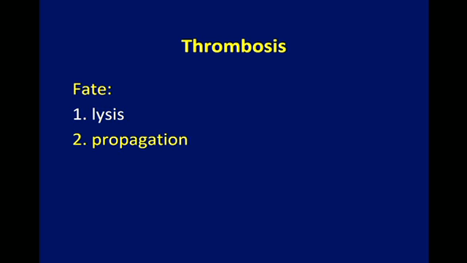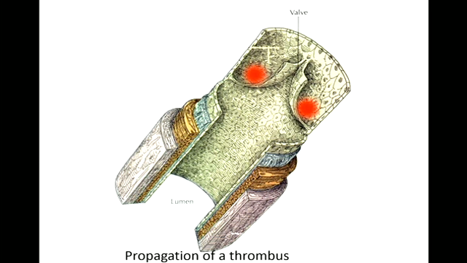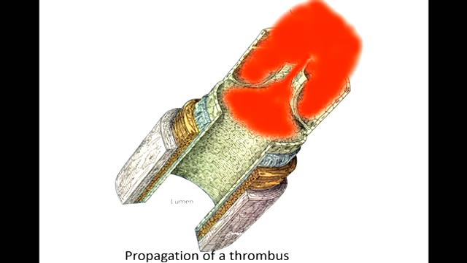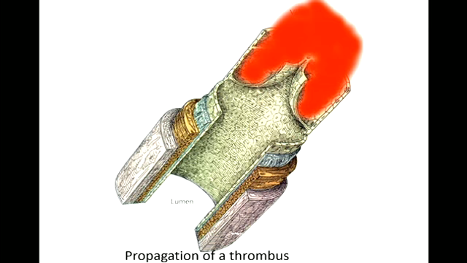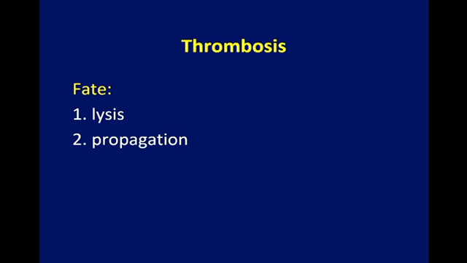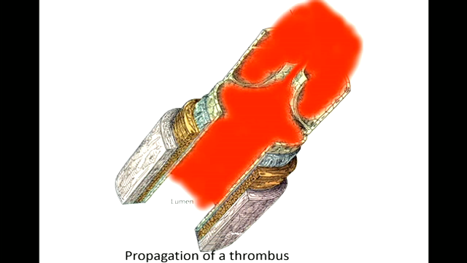Next most common is propagation, meaning it gets bigger. And it can get bigger both in veins and arteries or even the heart. So here we go, we'll do a propagation of a thrombus in a vein. I spent hours doing this, maybe days. So what happens is that the thrombus first grows forward and then back. And that's a propagation of the thrombus. So it gets bigger. And as we saw with that one in the deep leg vein, it would have started off small, but then propagate to get much, much bigger.